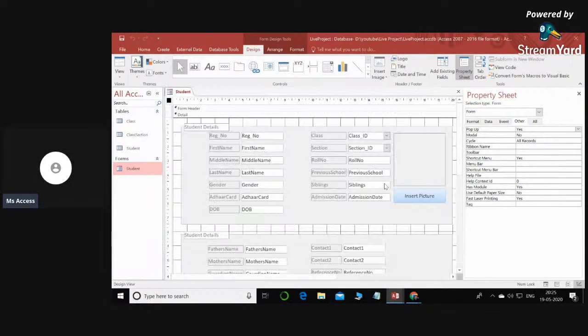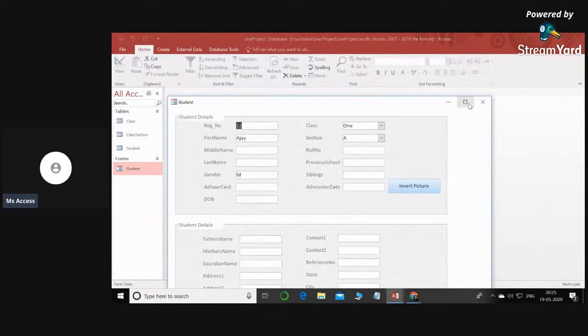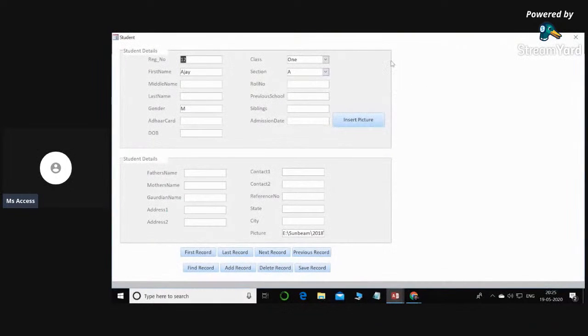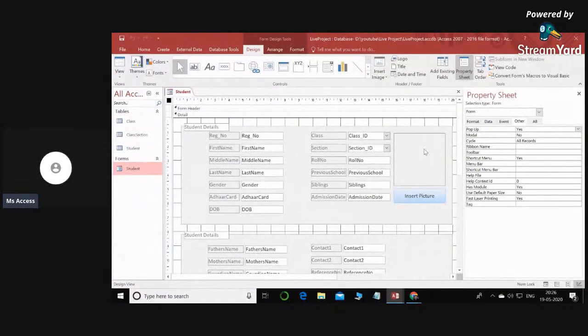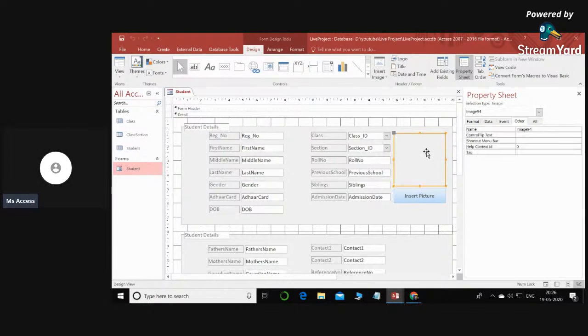Now let us just run this form again and see what happens. If I run this form again, it is not showing me the picture over here. This is the picture that I set for the name Ajay, but now it is not showing. But you can see the path over here. It is showing the path of that particular picture, but the picture is not getting displayed over here. To overcome this problem, you have to go to design view,